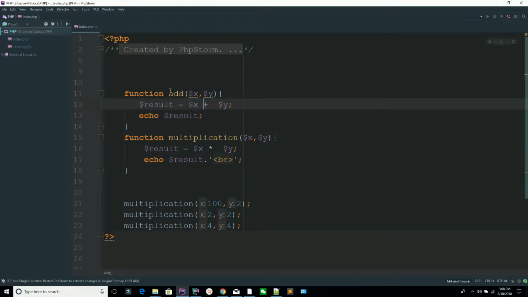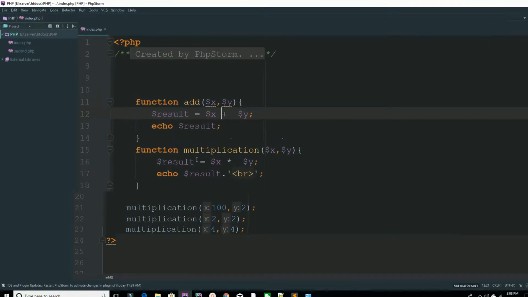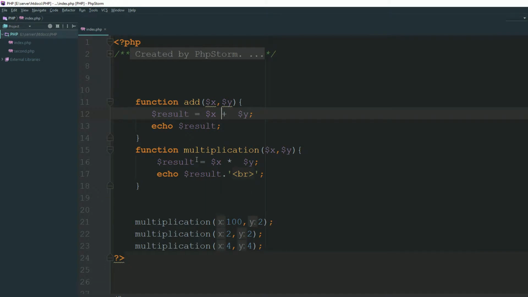First of all, if you always add two values, you are performing the same operations again and again inside your script. So why do you need to write and repeat the same script again and again inside your file or inside your project? So this is a best practice. If you need any script,